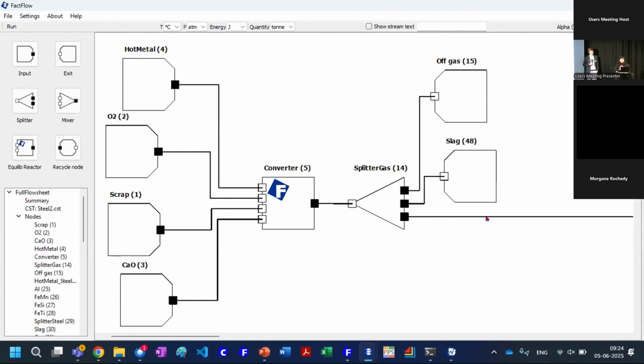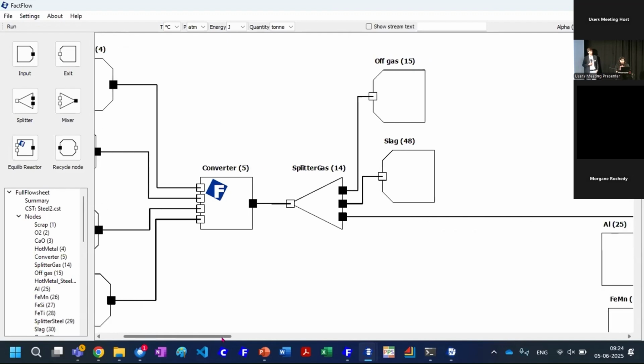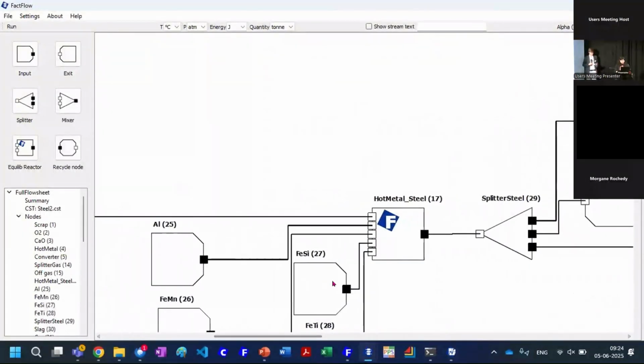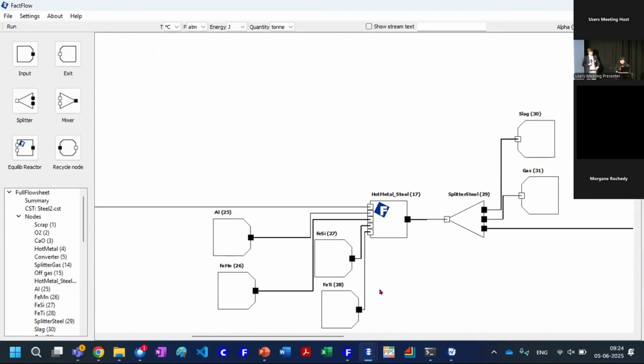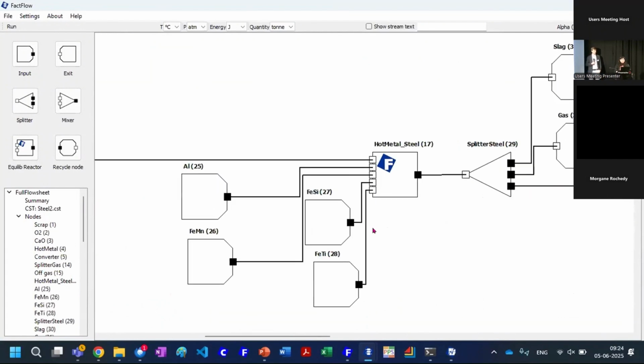And basically, this is the steel stream. From this point on, the steel stream will then be transferred into the ladle furnace, where alloying will be done, and also some part of deoxidizing. So you see here that there are several alloys that can give some desired properties to your steel